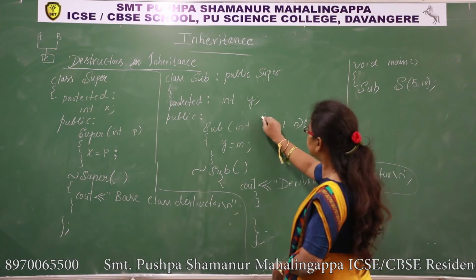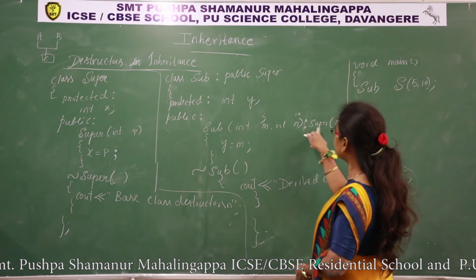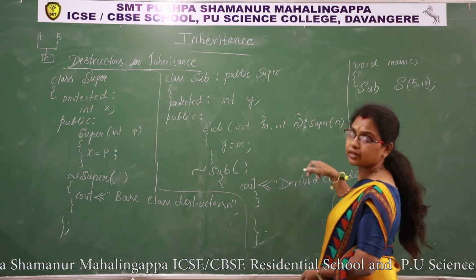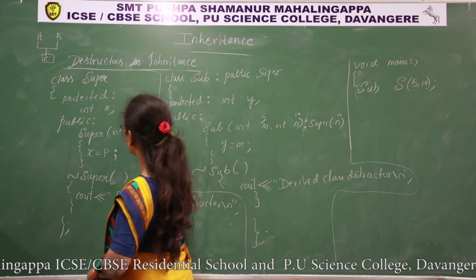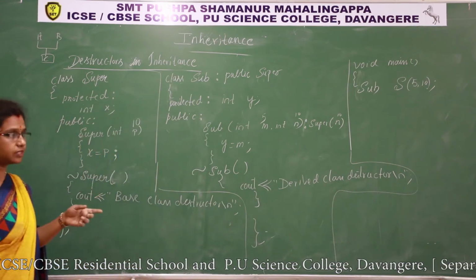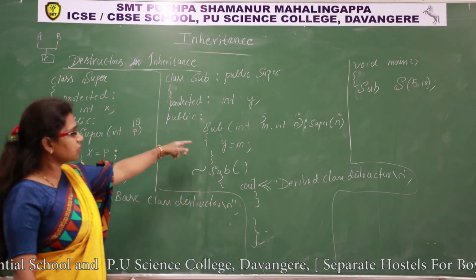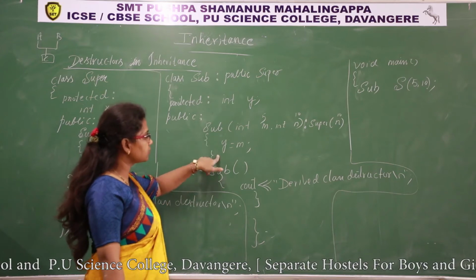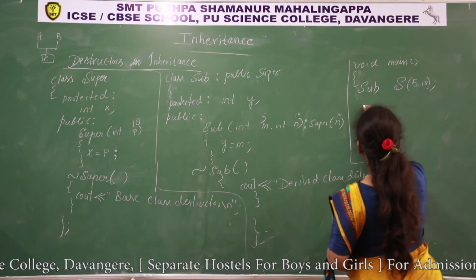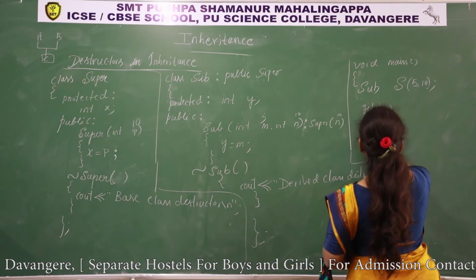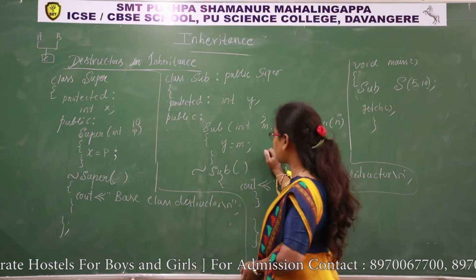Now 5 goes to m and 10 goes to n. From these two values, I am going to pass any one of these two to its parent class. I choose n, then 10 goes to p. Now this class constructor will execute first. The 10 is copied to x. Okay. After that, this constructor will execute. That is, 5 goes to y. That's it. I did not write a display function here. It's understood which value goes to which parameter, which data member.